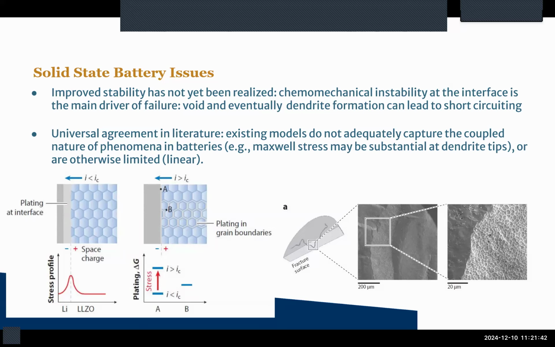better. And so basically there's universal agreement in the literature that the existing models cannot adequately account for all of the different factors going into why these materials are failing. This failure is highly coupled. These current concentrations occur due to simultaneously electric field concentrations, sources and sinks of actual concentration of lithium, and of course, stress concentrations. All of these things together with added effects of differing temperatures, et cetera, lead to this sort of instability. And you need to be able to look at the problem holistically, or else you won't be able to get it